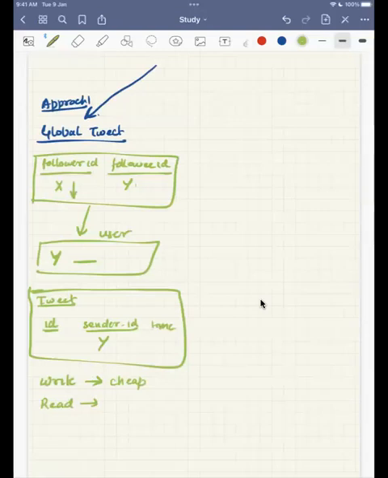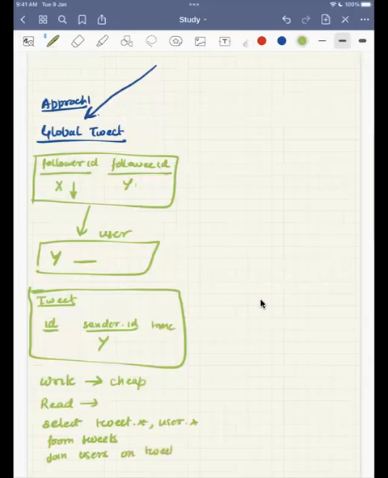So if somebody wants to read, we need to do: select tweet.*, user.* from tweets join users on tweet.sender_id equals user.id